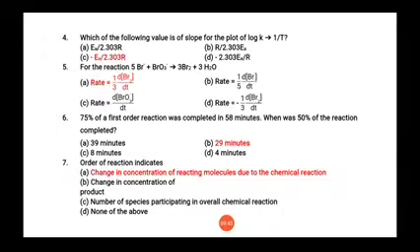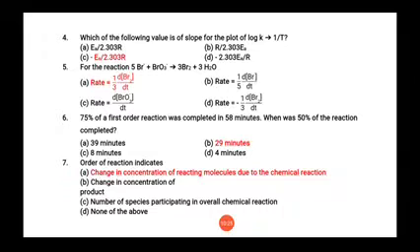So students, what do you have to do here? To solve this question, you have to use 2 steps. In the first step, you have to put the equation of rate constant for a first order reaction, that is K is equal to 2.303 upon T log R0 by R. And remember, whenever percentages are given, R0 is 100, and R is the amount left. 75% of reactant is completed, so how much reactant is left? It is 25. So substitute the value of R0 as 100 and R as 25.